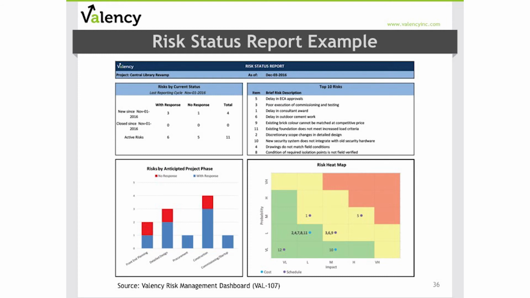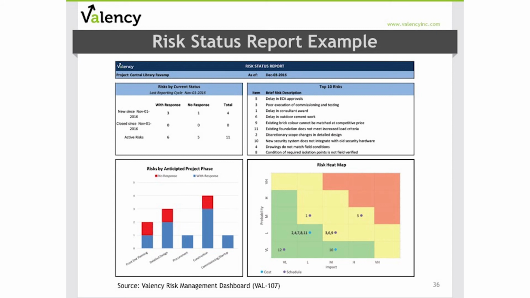Next, we can lead the team through a concise discussion on the top 10 risks based on our post-response risk ranking. In the bottom left-hand corner, we have a breakdown of our risk by project phase, including visibility to the number of risks that haven't got responses yet.